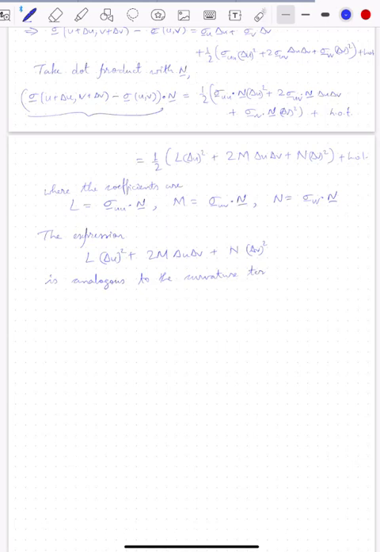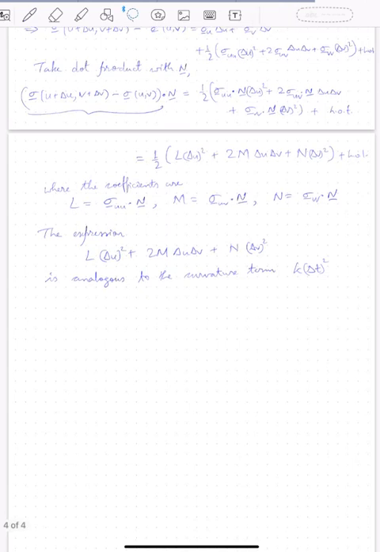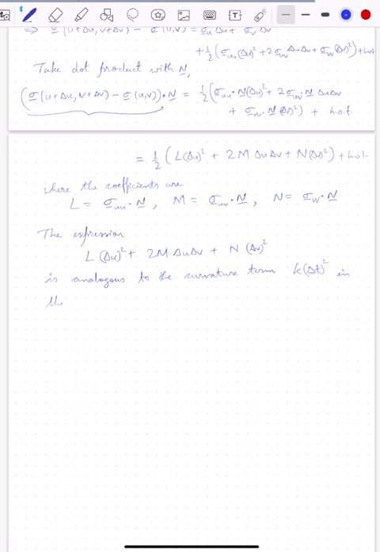For the curvature term, we had seen the deviation of a curve with respect to the local tangent, and it looked like kappa delta t whole squared, where delta t is the slight increment in the parameter t. So this is analogous to the curvature term in the case of a curve,